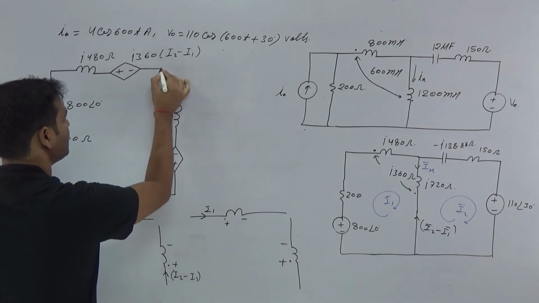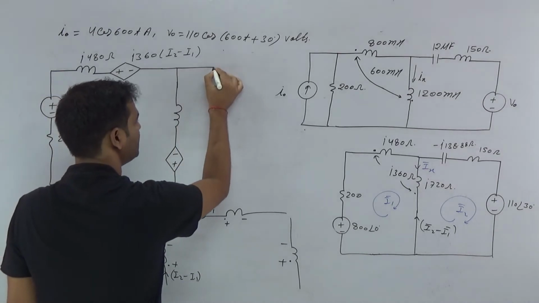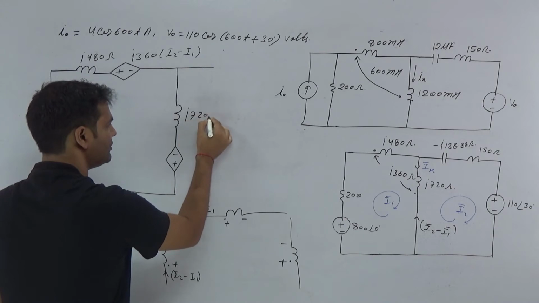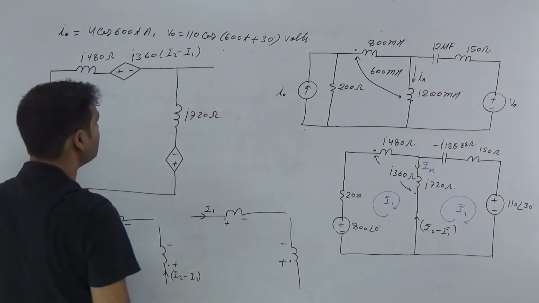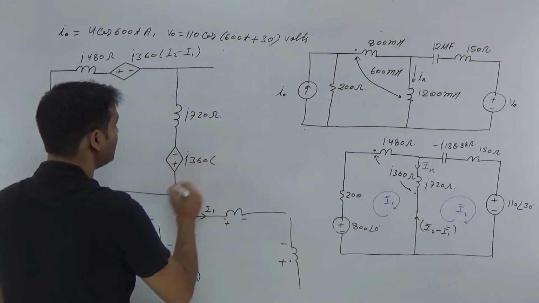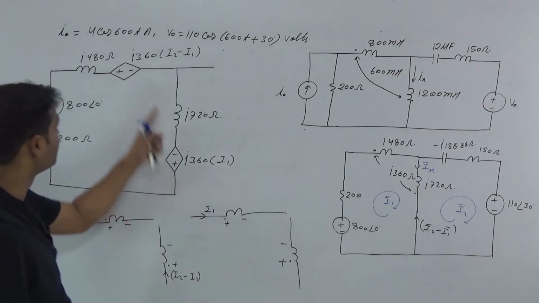Okay, now if complete here, after that, what about J720 ohm? Okay, and J360 into I1. Okay, corresponding to,